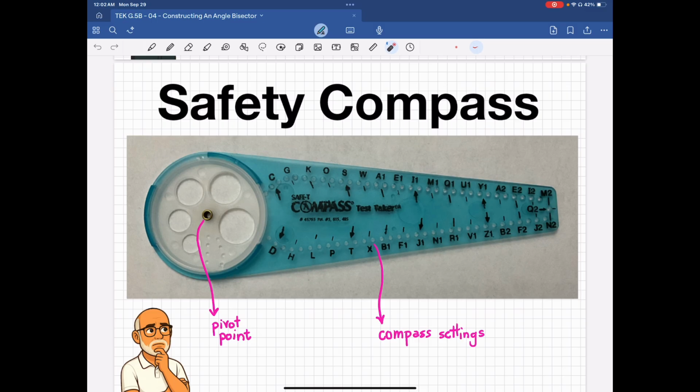So what we do is we place our lead pencil in one of these holes here, and we rotate up or we rotate down. But the pencil that's here is anchoring the compass to the paper in this particular location. So with that knowledge, let's do a construction